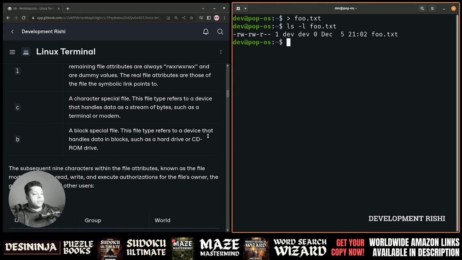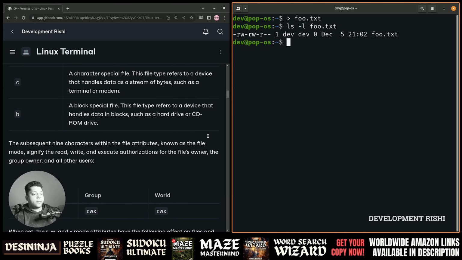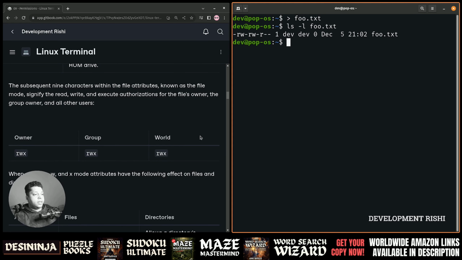C, a character special file. This file type refers to a device that handles data as a stream of bytes, such as a terminal or a modem. B, a block special file. This file type refers to a device that handles data in blocks, such as a hard drive or a CD-ROM drive. The subsequent 9 characters within the file attributes, known as the file mode, signify the read, write, and execute